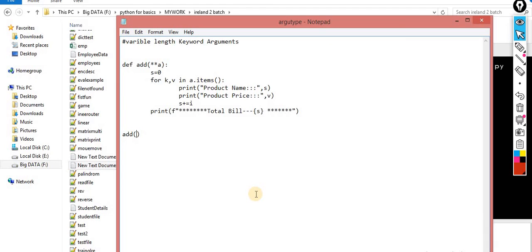Now this time I am passing the person who buys a mobile, the first customer who comes to me and buys the mobile. The price for the same is, let's suppose, 10,000 rupees. Another buys a charger, and the price for the same is, let's suppose, 350.